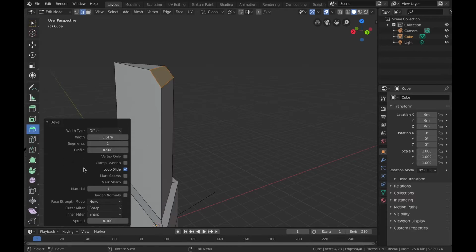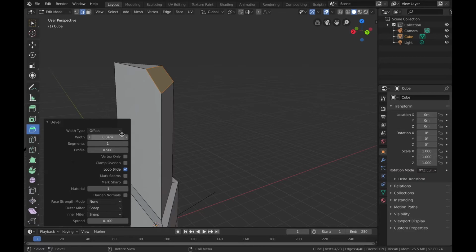Click on it and you will see some settings regarding the bevel tool. The first one is offset and width, and the next you have is the width option. You can increase this number to increase the width, or decrease this number to decrease the width.